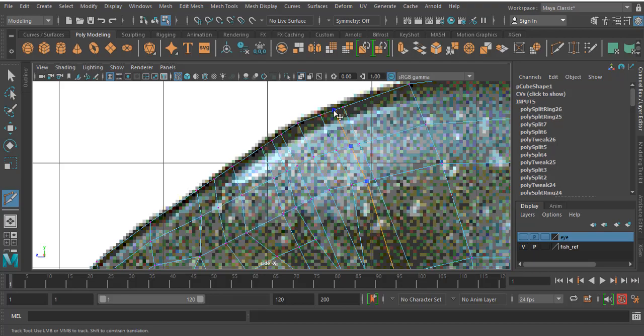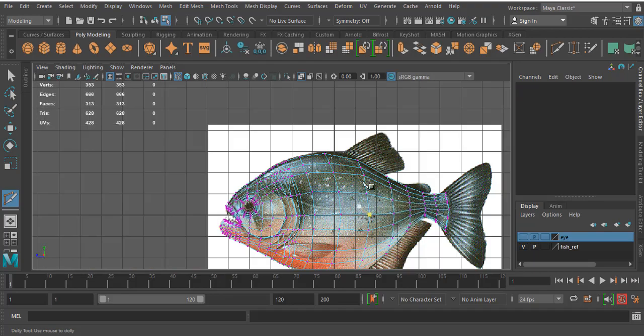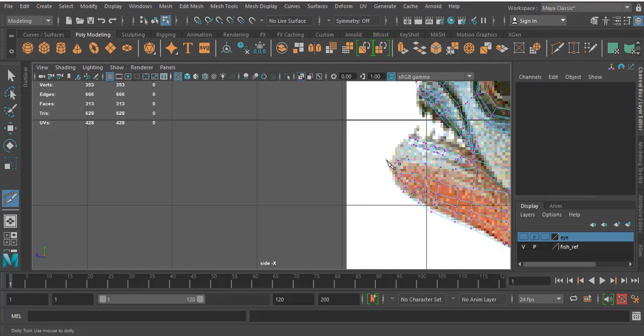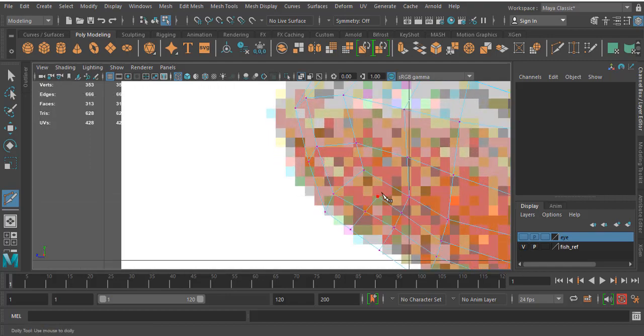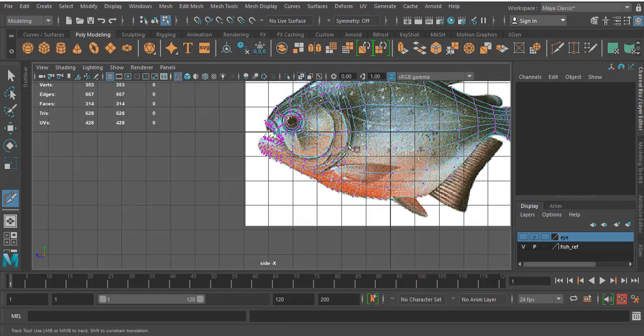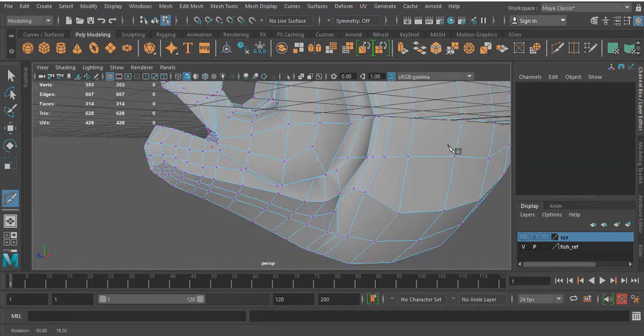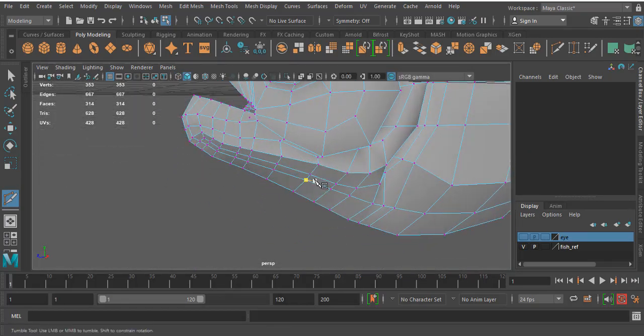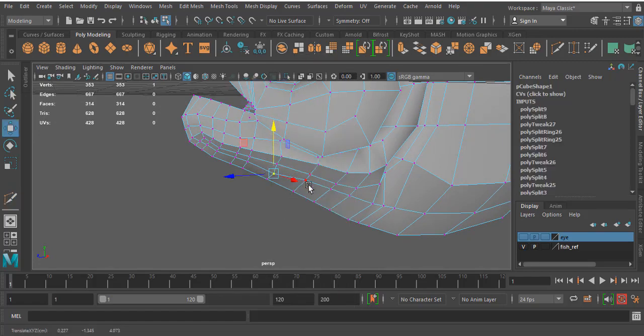You can join with this, and there is a triangle over here. While creating this one, select this and join this. No triangle over here, so you can define the depth of this portion.